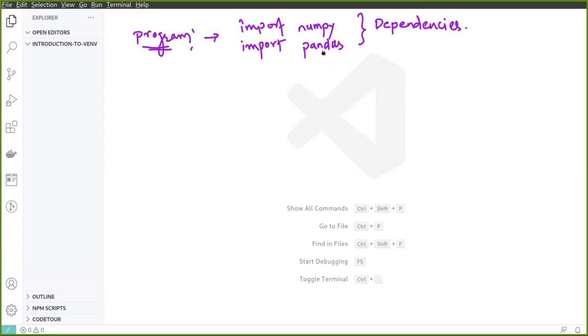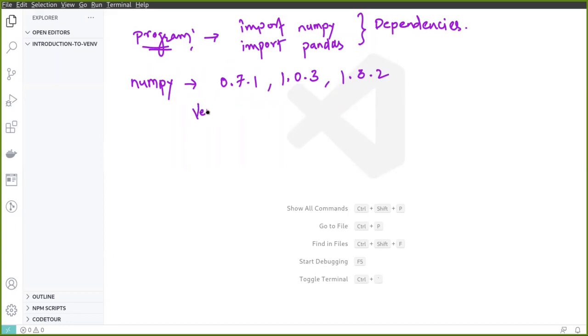Now these packages have different version numbers. So for numpy, the version can be 0.7.1, it can be 1.0.3, it can be 1.3.2, anything like this. So all these packages will contain such version numbers.